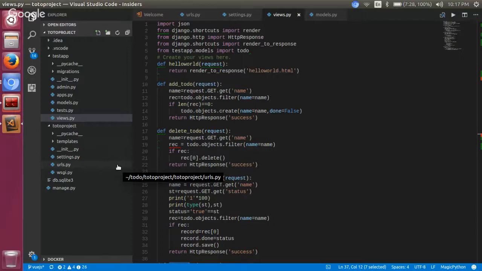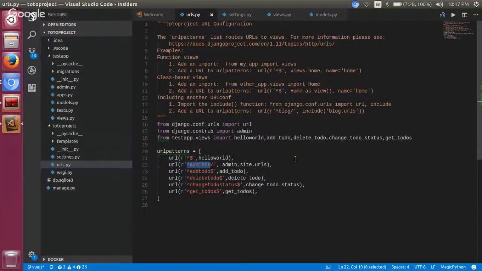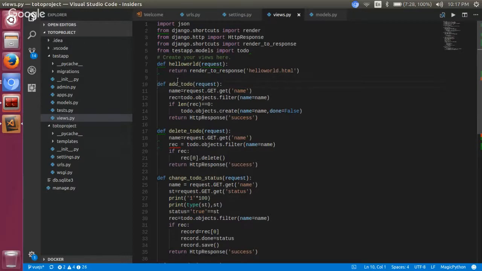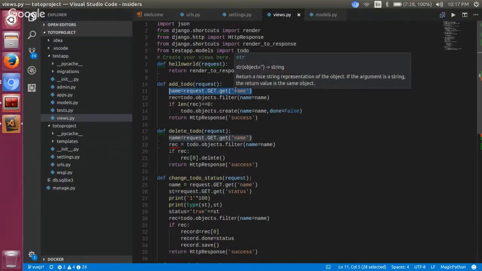Oh, so people who answered urls.py, they are right. In the urls.py, we know that the URL has a regular expression of add to do here. The add to do is calling the add_to_do view function. When you go to the add_to_do view function, it is taking the request object. See here, it is taking the name from the GET parameter,